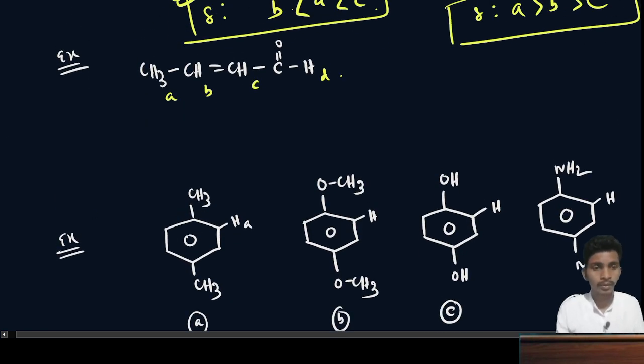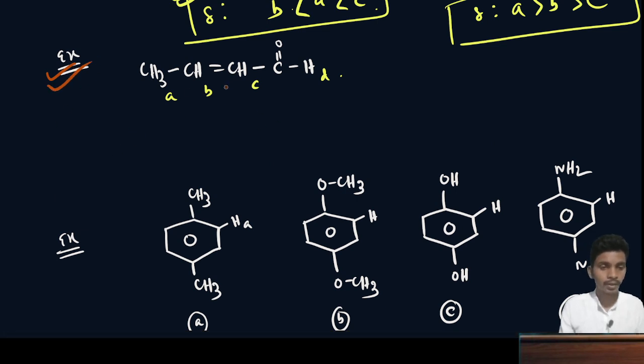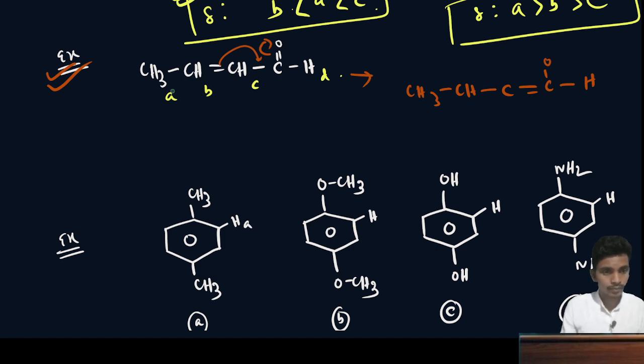And now for this problem, you see that this will shift to here, and this will shift to here. It means that CH3, CH, here C double bond O, minus H. Okay, so now here the electron density decreases. It means a positive charge develops. So it means that